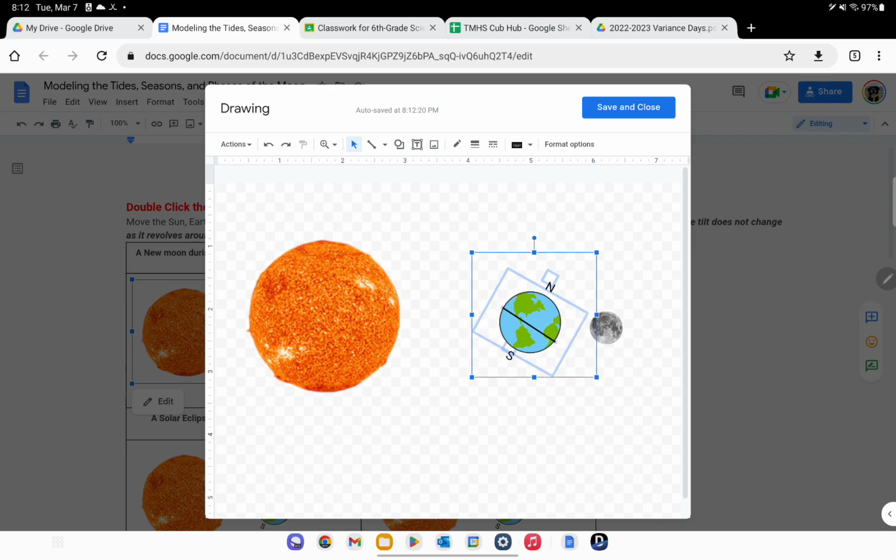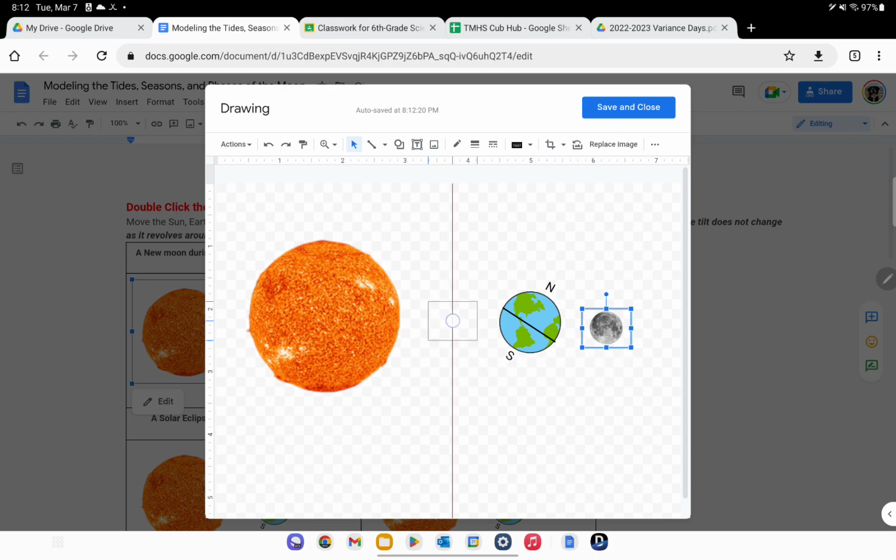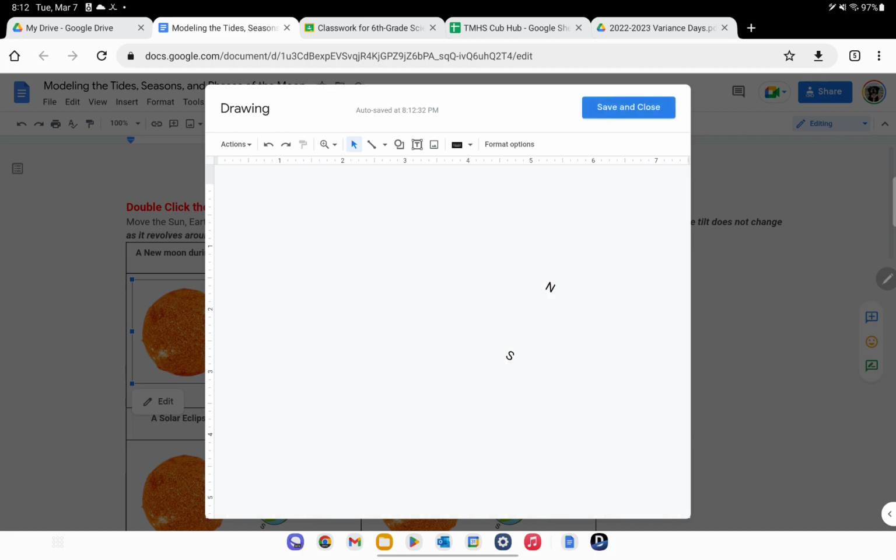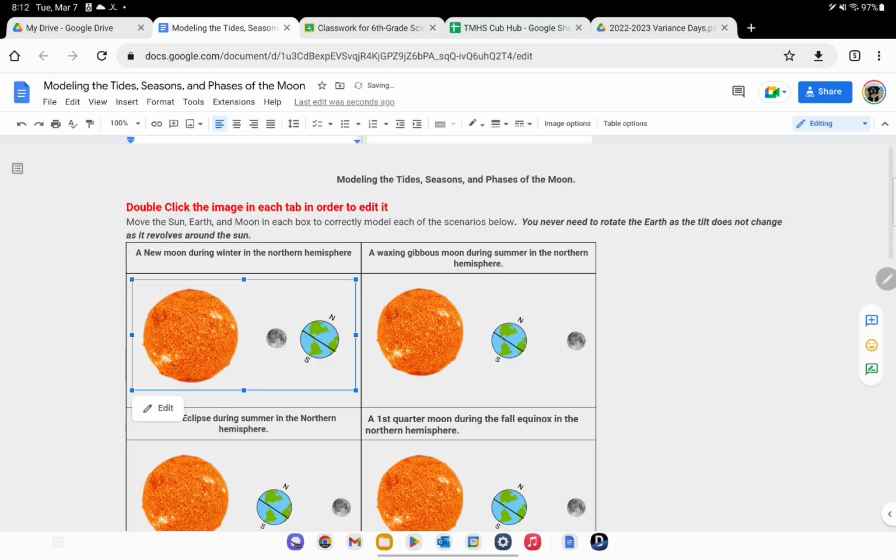So the next part is going to be modeling a new moon. And if you remember and look at your notes for modeling the phases of the moon, a new moon always is in between the Earth and the sun. So this would be the complete finished picture for this model, a new moon during winter in the northern hemisphere. We have winter in the northern hemisphere, we have a new moon. But just as a reminder,